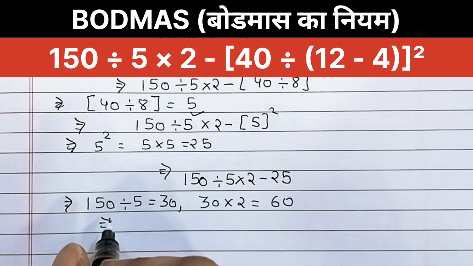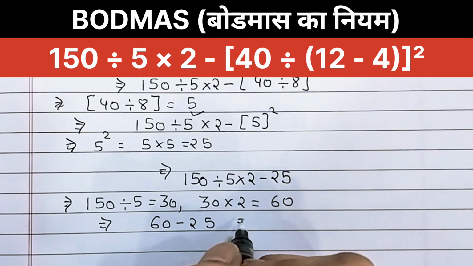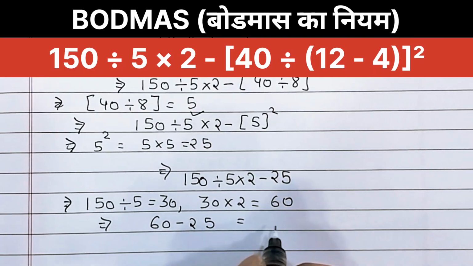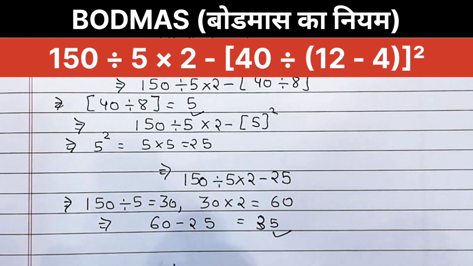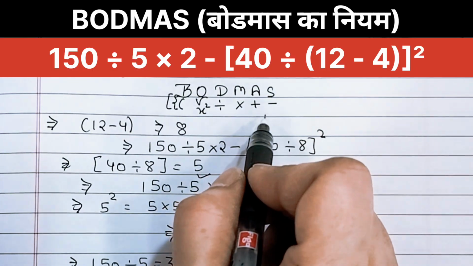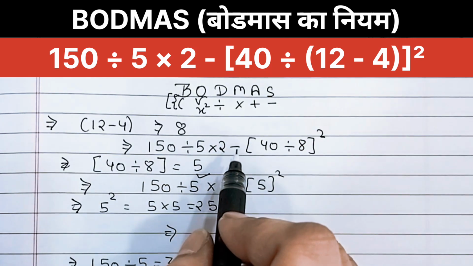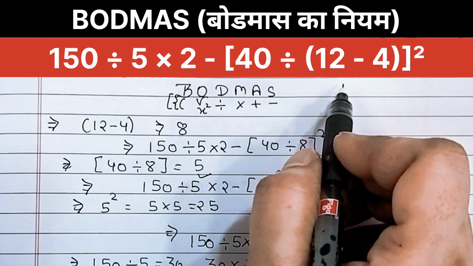So now the equation becomes 60 minus 25 and finally we subtract. We perform the last remaining operation which is subtraction and we get 35 as the final result. Subtraction is the final step in the expression according to the BODMAS hierarchy. Conclusion: by strictly following the order of operations we ensured that the grouped terms and exponents were simplified first, preventing calculation errors. The final result of this expression is 35 and I hope it is clear.